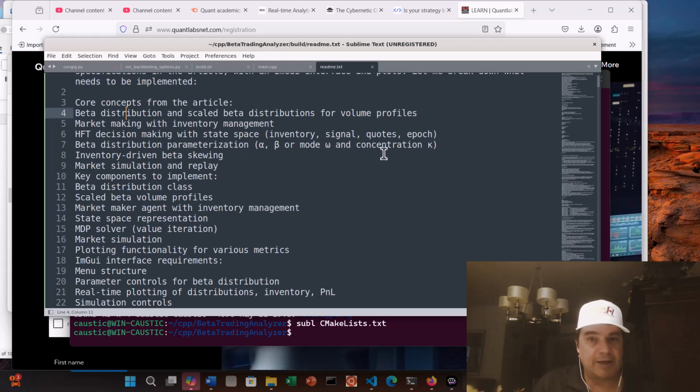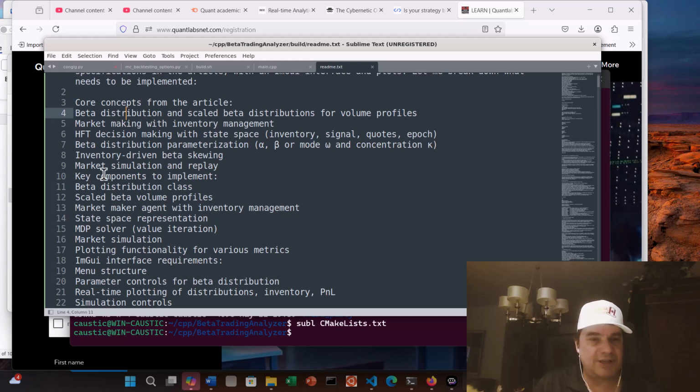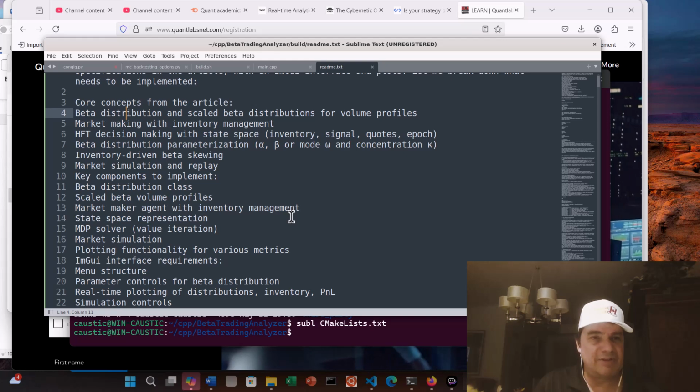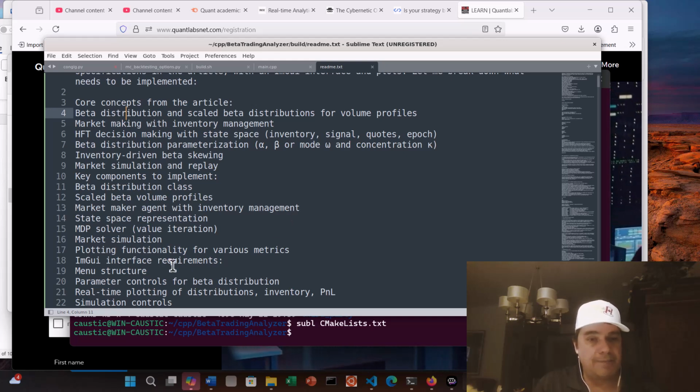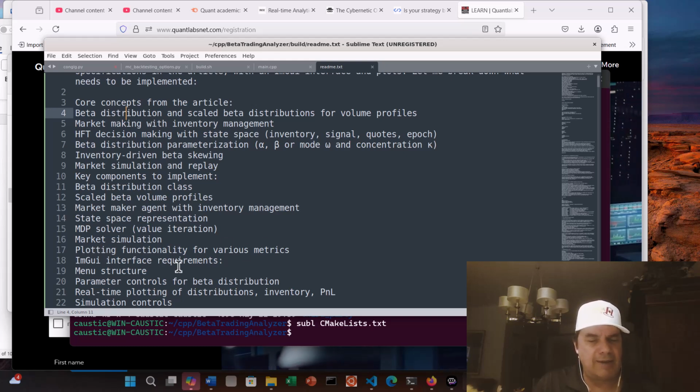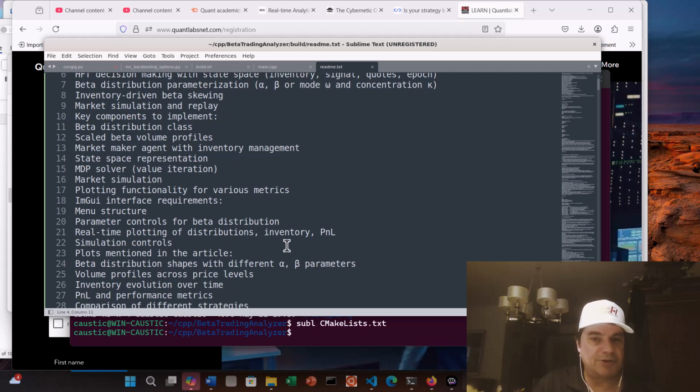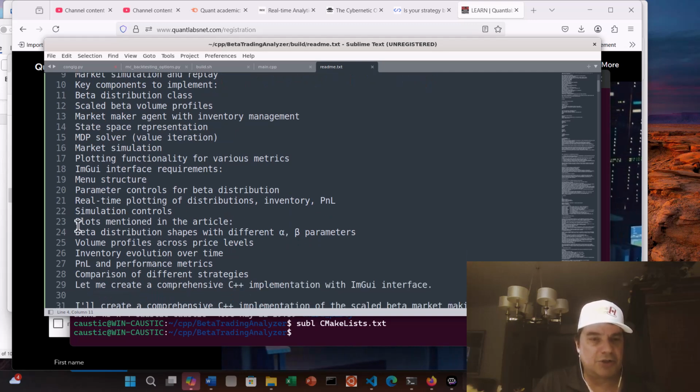Well, the Greeks, I'm not going to get into concentration mode, alpha, beta, inventory-driven beta skewing, market simulation and replay. Key components: beta distribution class, scaled beta volume, market maker agent with inventory management, state space representation, MDP solver, market simulation, plotting functionality, ImGui interface, and parameter controls for beta distribution, real-time plotting, distribution, inventory, simulation control, plot